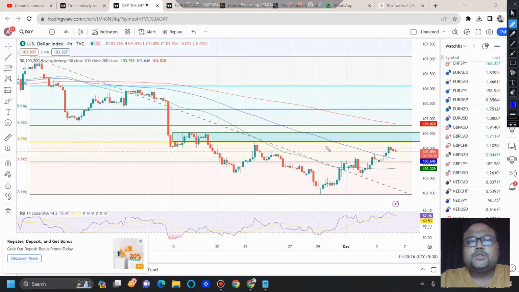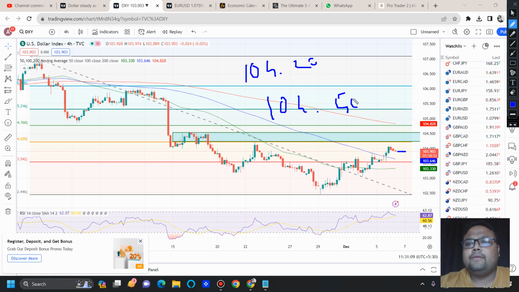If you look at the chart of DXY, the US dollar index, we can see that DXY is right now standing at 103.90. This is the current market price. Before Friday, we can expect that DXY will be trying to head higher towards 104.20 to 104.50, the next resistance here. I'm not saying that DXY will be reversing from here, but yes, we can expect that DXY will face some selling pressure. It will struggle for some time, and after that DXY may break the resistance and hit higher,